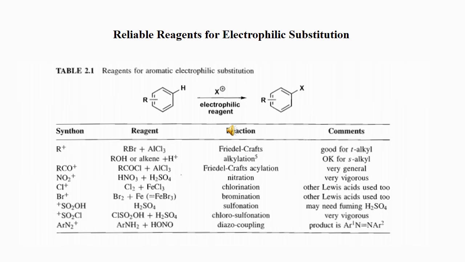If you see an acyl synthon, then you can think of Friedel-Crafts acylation, and the reagent would be an acid halide. Then if you are disconnecting a nitro plus group from the aromatic ring, the possible reagent for that should be the nitrating agent. So nitration will be the reaction for that. When you see chloro plus, bromo plus cation, or when you